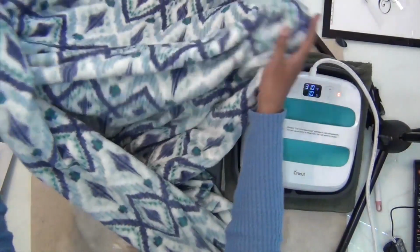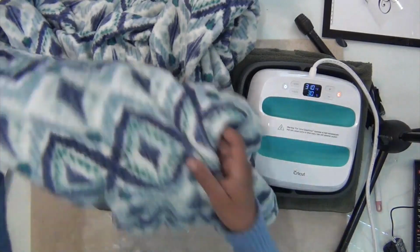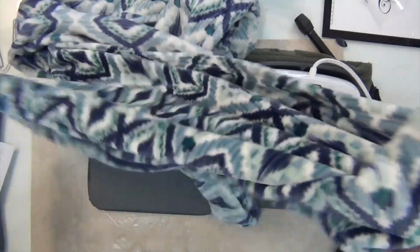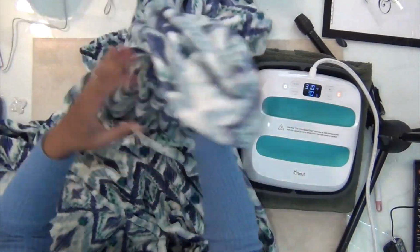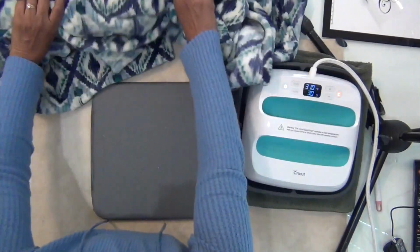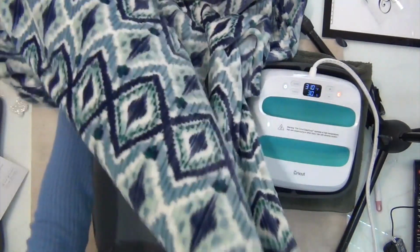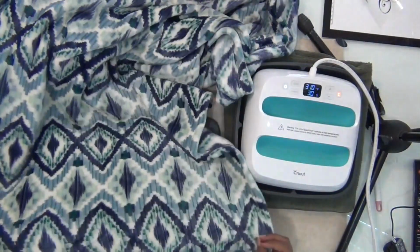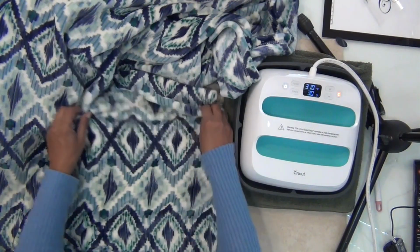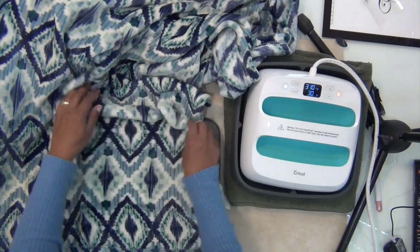Originally I was going to put an image right in the center of this blanket, but I decided to make life easy for myself because I have a lot of stuff to do before Christmas, which turns out not to be 4 days away, but 3. I am going to put my iron-on right in the corner of this blanket, and I'm probably going to angle it. So I'm putting it on my heat pad,